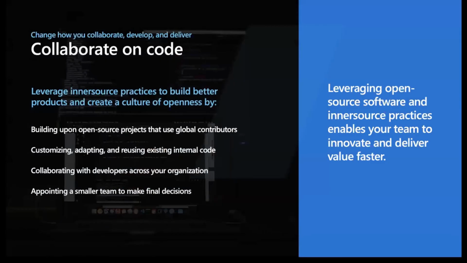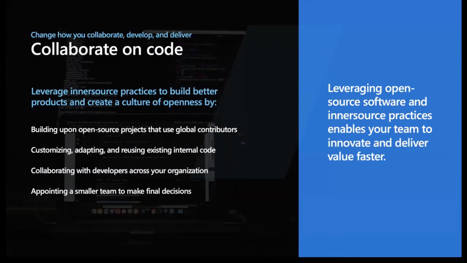So next up, Chris is going to tell you about improving your collaboration. Indeed, this whole collaboration aspect is a huge part of making sure you're sustainable in that developer velocity journey.